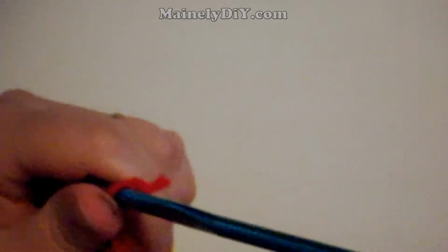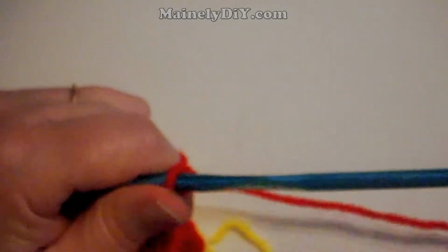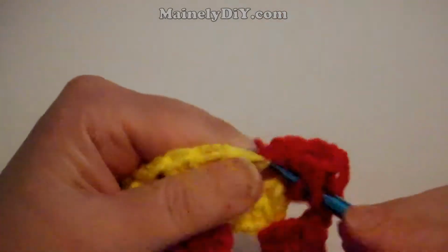There's my first set, and then I'm chaining 3, and looks like I've got something caught up in my yarn here, but I'll just get that out of the way. And I'll go 1, 2, 3. So I am just going to continue on